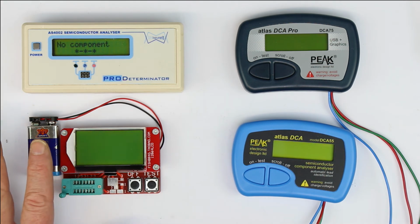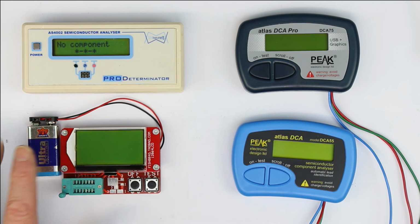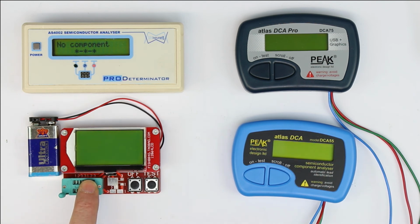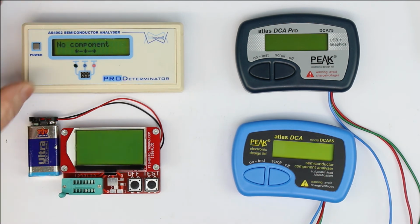And there is no case available, but I give you the link down below in the comments. There is a 3D model at Thingiverse, so with a 3D printer you can print a case of your own. Now, next is the